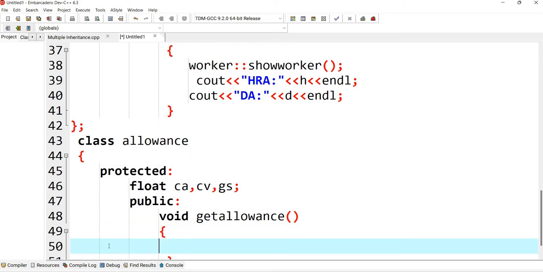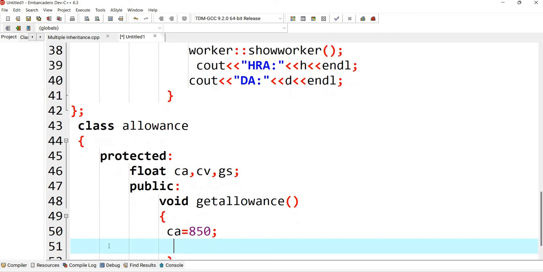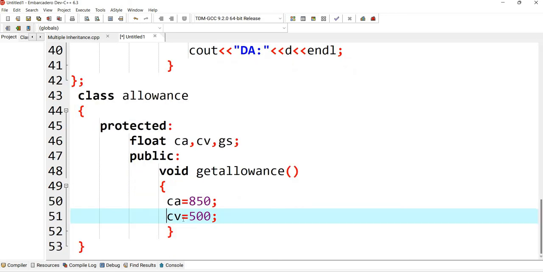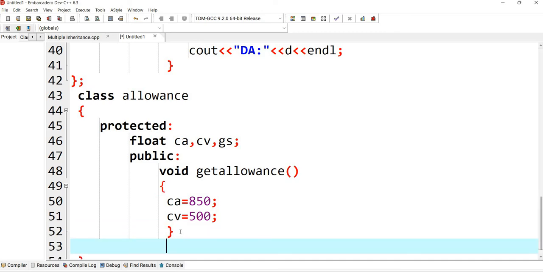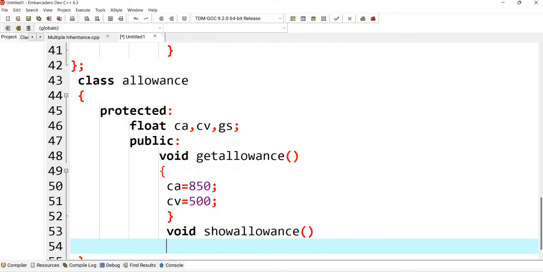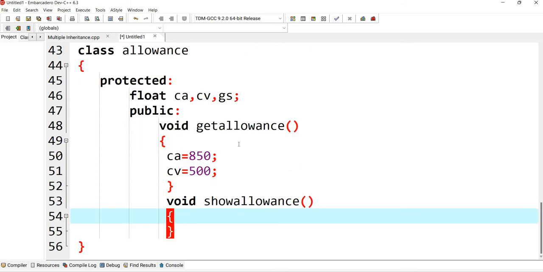Now I'll initialize both the values here. So for example, C I'll take 850 and CV I'll take 500. Another member function that I'll take here for displaying, void show allowances, will display the values here.